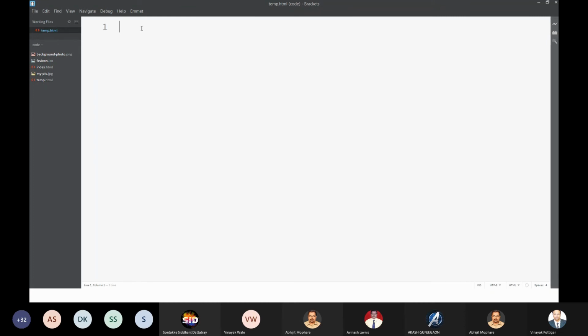Okay, first thing, let us understand the structure of an HTML document. An HTML document, as I have already told you, is made up of several elements. When an HTML file is given to the browser, it scans and reads it from top to bottom, line by line, and parses each and every element, and whatever that element represents, it displays on the screen. This is how it behaves, and that process is called parsing.